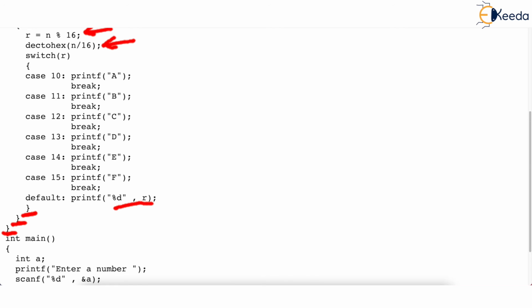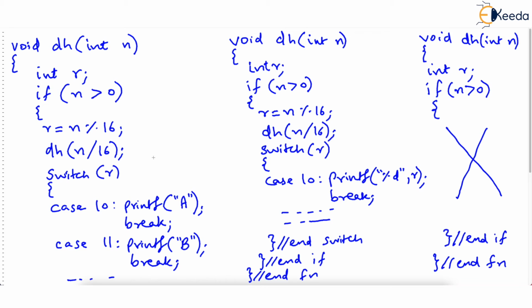Just as I said in the previous video, the best way to learn recursion when you are new to it is to literally write the recursive functions and run them on paper. Now imagine dec to hex, I have written in short here, has been called with a value 160. Now when you run this code, there is a local variable r declared, correct?